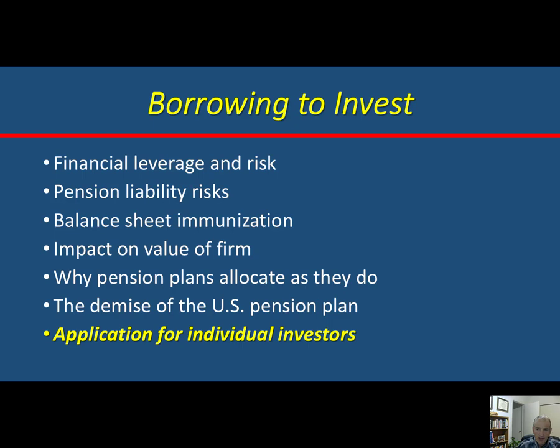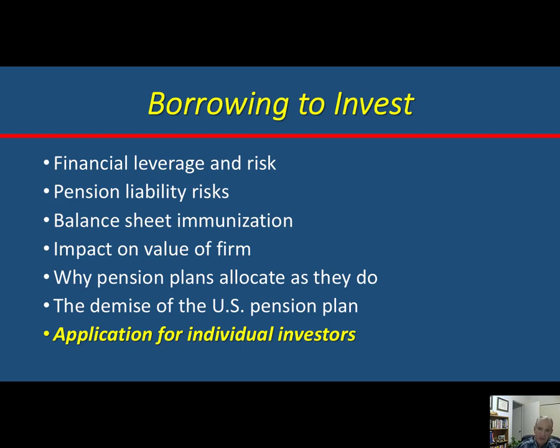So we know pension liabilities are extremely sensitive to interest rates. They have inflation risk. When a firm has a pension plan, it's a very high beta liability because it's so sensitive to interest rates and inflation, which are systematic risk. So when a firm has a pension plan, it will increase its beta and greatly increase its cost of capital. And then if the firm turns around and puts that money that they didn't pay their employees, that they instead keep, in the stock market, that's something else that's a very systematic risk, a very high beta type of event, very unlike a firm borrowing money and investing in the firm itself.